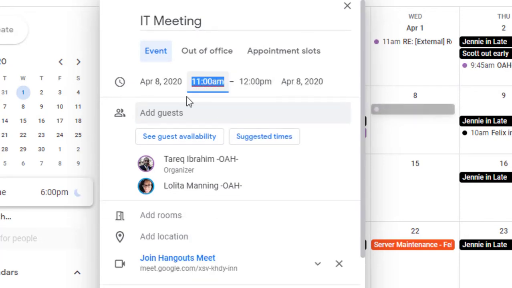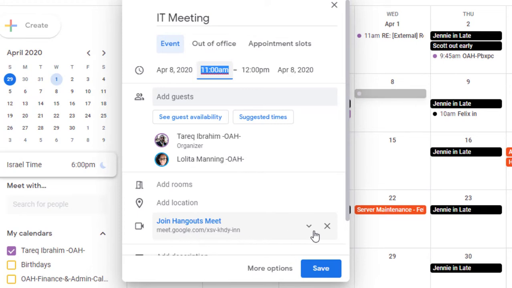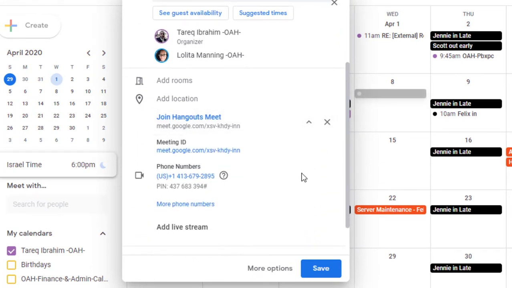And by default, it creates a 1 hour meeting. So this is from 11 to 12. I could change the times if I wanted to. And if you notice down at the bottom, Google Hangouts Meet has already been produced. So it created the link for you. And if you use this little caret here, you can see the additional information. You have the Google Meet link, and you have the conference call phone number that you'll be using during your